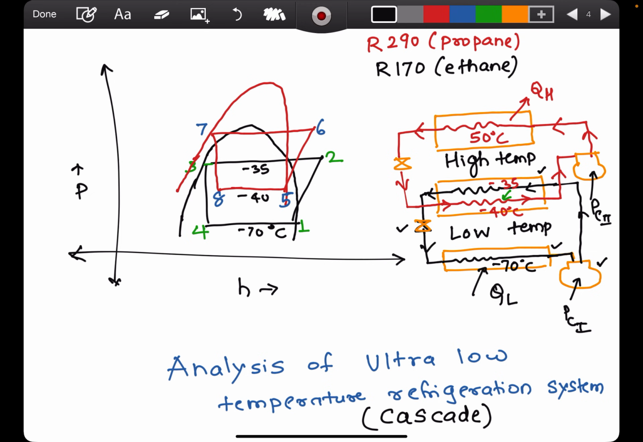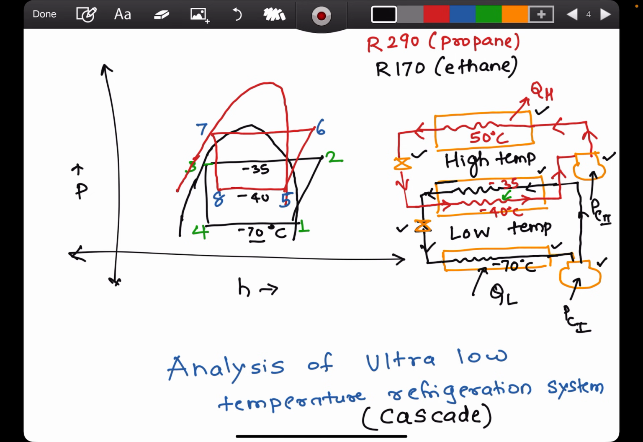Similarly, the upper loop, that is the high temperature cascade, also has a heat exchanger which is common to the low temperature heat exchanger, and there is a compressor, a condenser, and an expansion device. So you see that one heat exchanger is common, and this common heat exchanger is known as the cascade heat exchanger. Let us say that you want to achieve minus 70 degrees centigrade, and the surrounding temperature